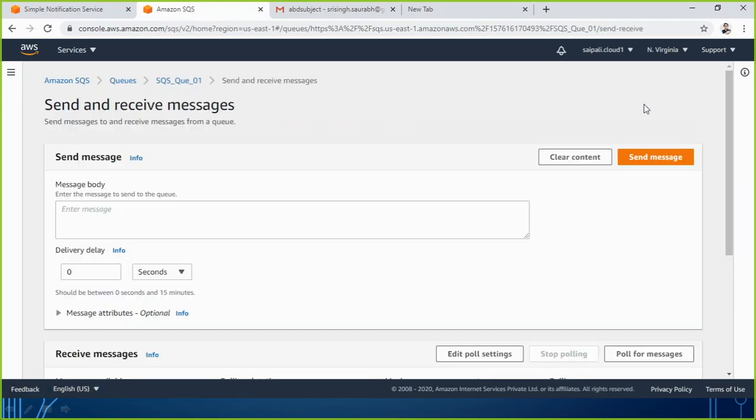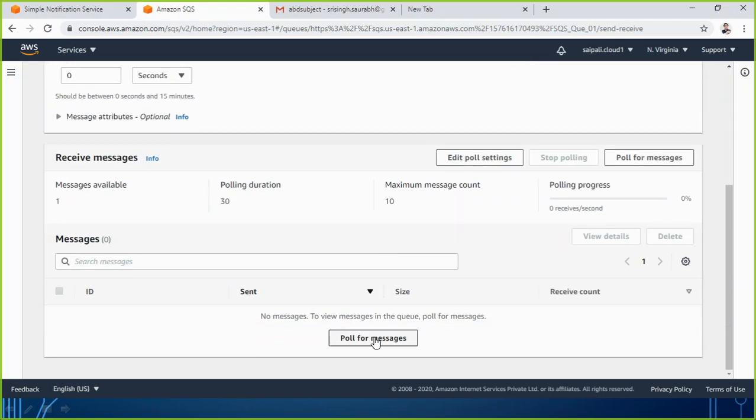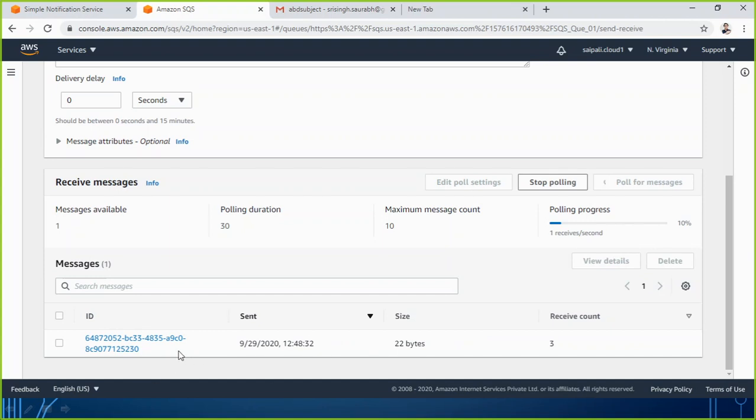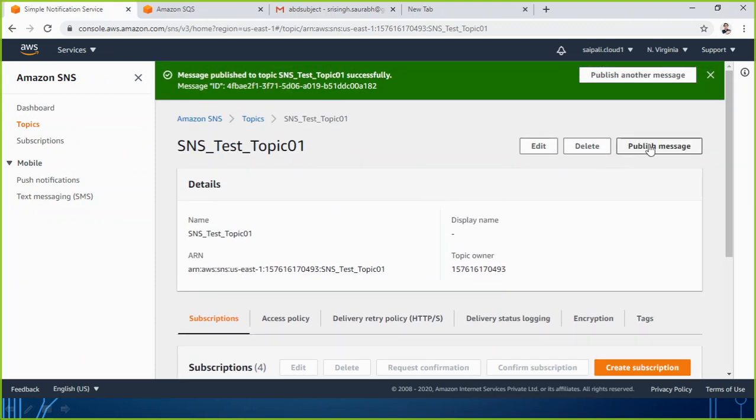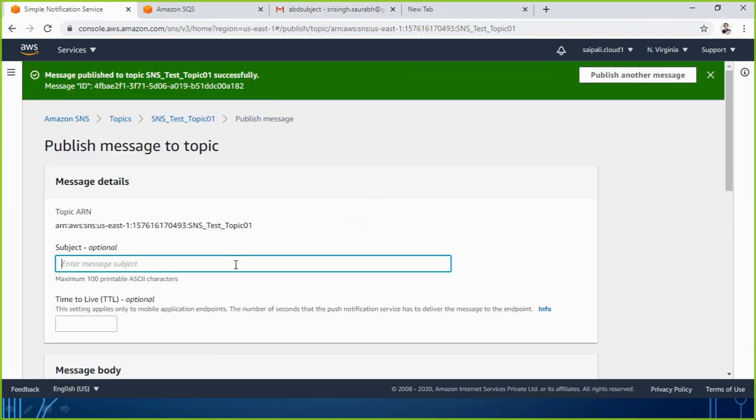So I go to send receive message. I just try to click on poll for messages. It is not going to receive now. So let's now send a new message. I go to publish message. This time if I am going to send any message, my message heading is maybe final test